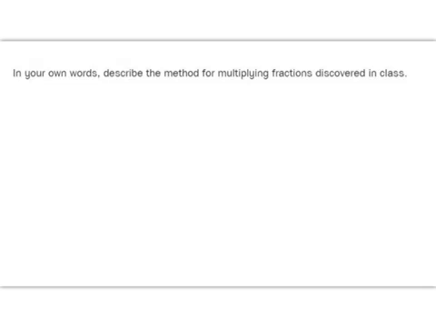So how are we going to describe the method for multiplying fractions discovered in class? Well, we can figure out that multiplying the numerators of the fractions gives the number of shaded parts in an area model, and that's the numerator of the product. And that multiplying the denominators of the fractions gives the number of parts in the whole square, and that's the denominator of the product. Remember, product is an answer to a multiplication problem. But if we were going to write it out and sum it up into one sentence, we can say the product of two fractions